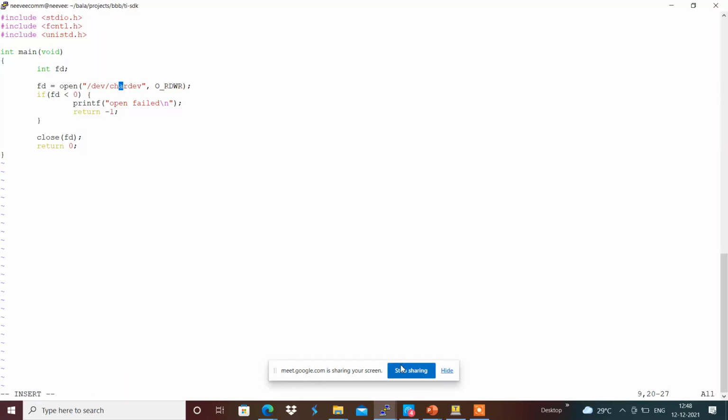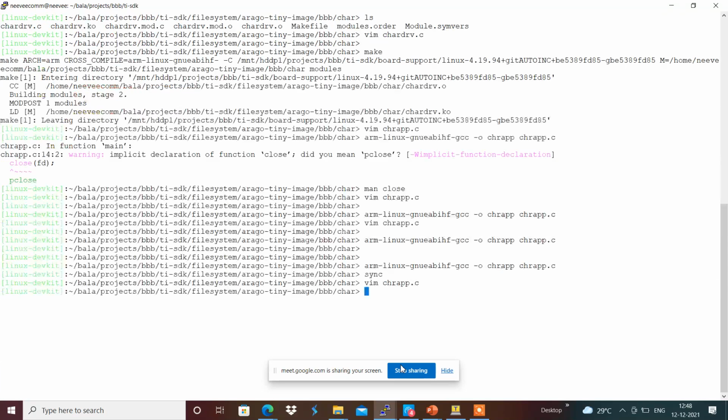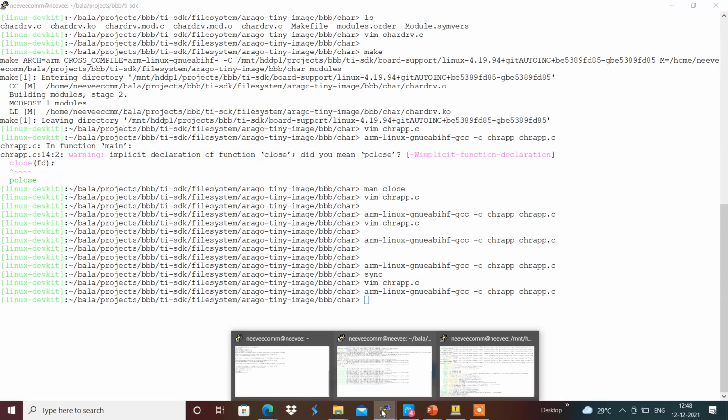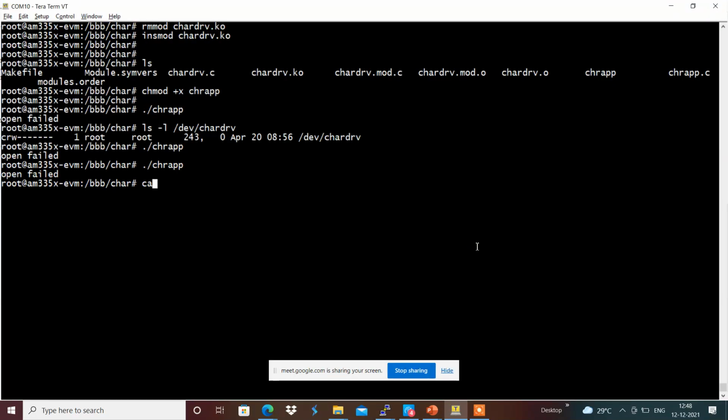Yeah, for example, from the user space application, we are calling the open and close system call. The respective device file is opened and device file is closed. The callback is called in the kernel device driver accordingly.